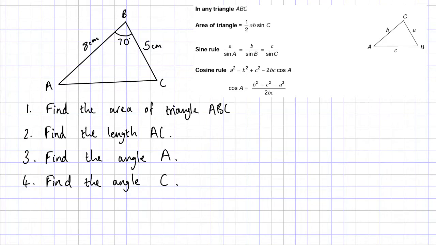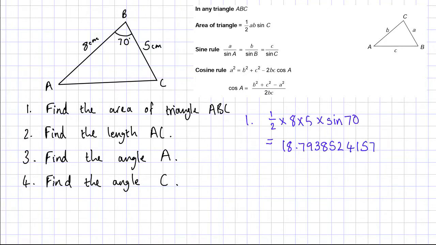So I can do half times, I'll write that down. I have a half times 8 times 5 times sine 70. Now all of this, I can just put that into a calculator and see what it gives me. So this gives 18.793852415718, and this to two decimal places would be 18.79, and this is centimeter squared, because we're working in centimeters and we're finding the area, so it will be